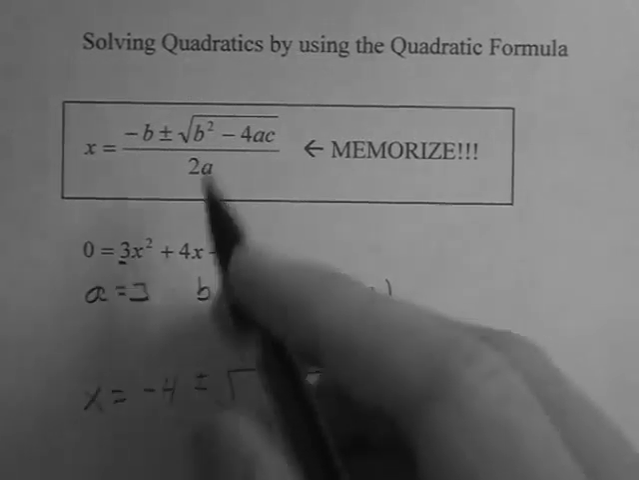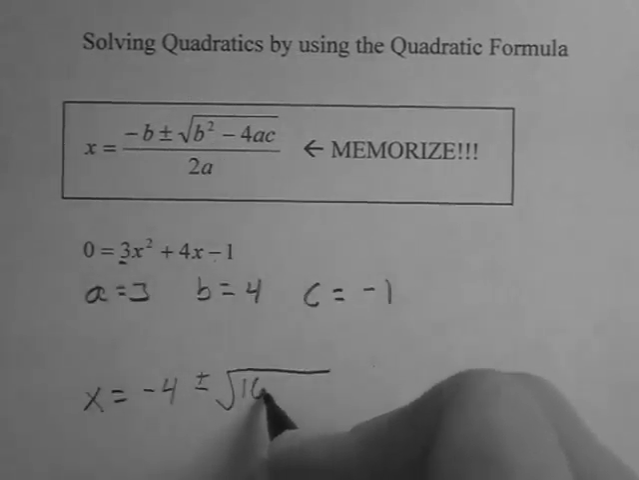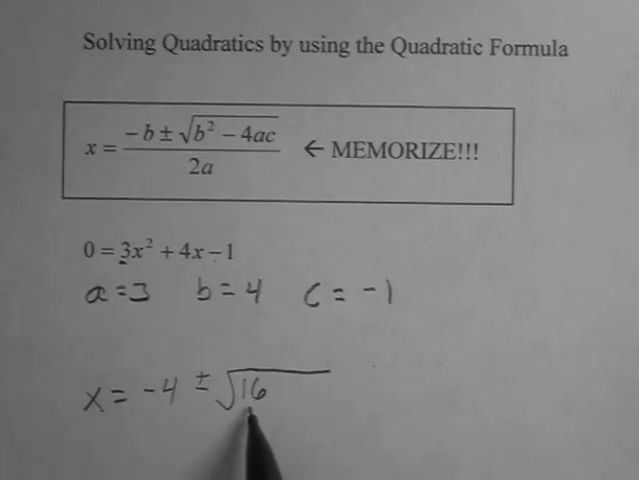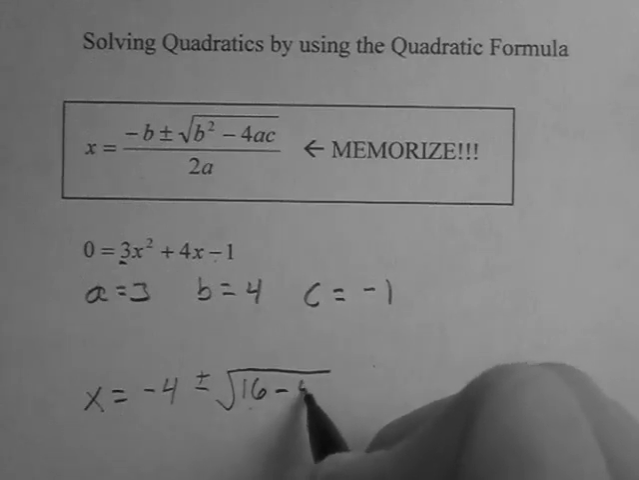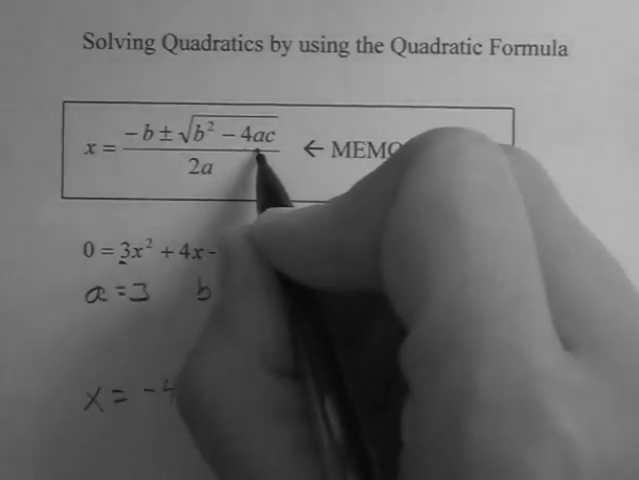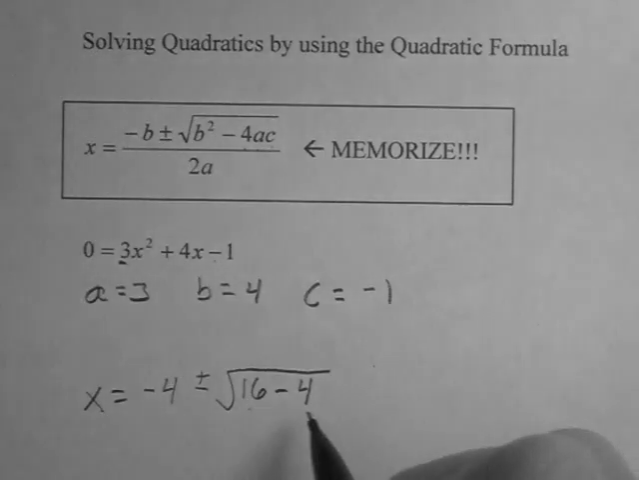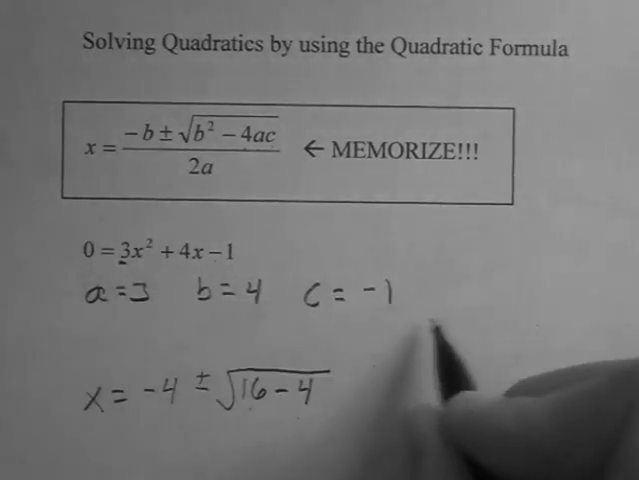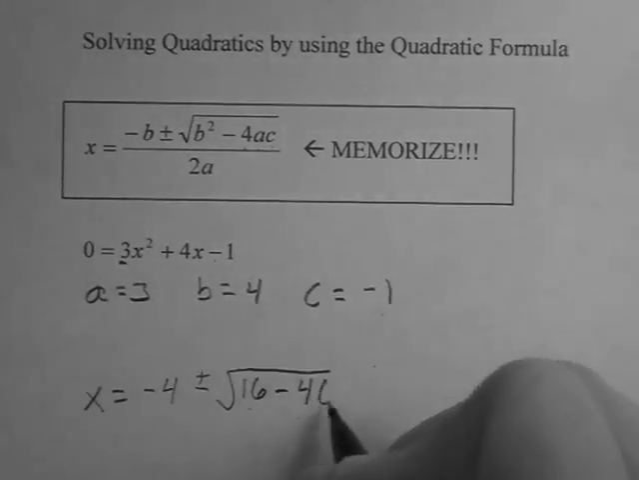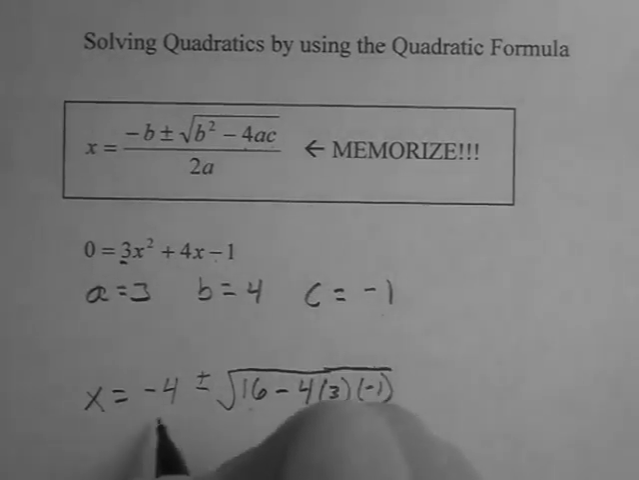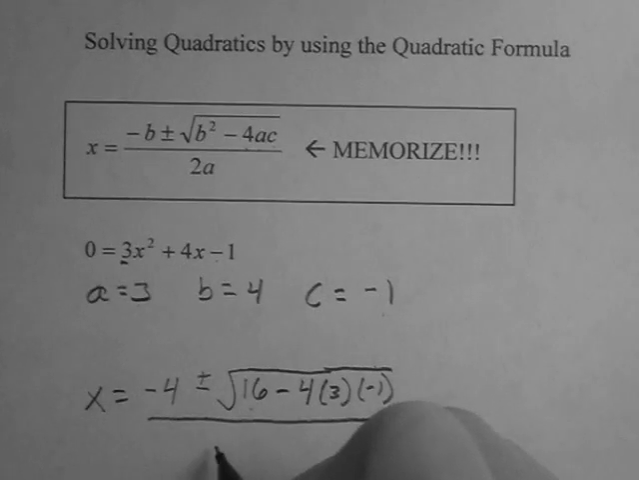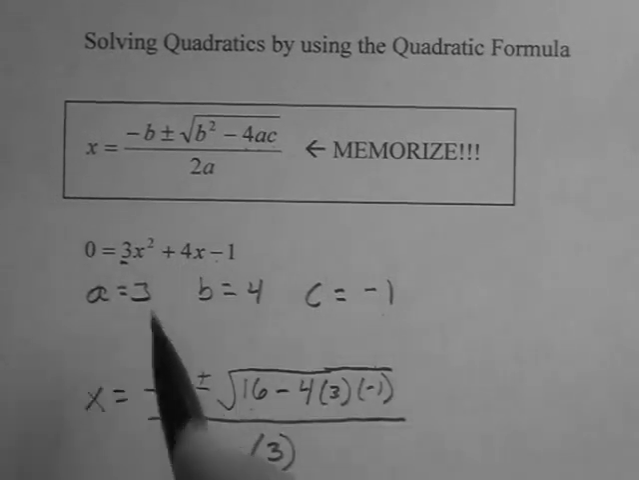root. B squared is 16. 4 squared is 16. This term will always be positive, so just keep that in mind. Minus 4, because that's what's in the formula, times a times c. So 4 times 3 times negative 1. And then all of this is divided by 2 times a, which in this case a is 3, so 2